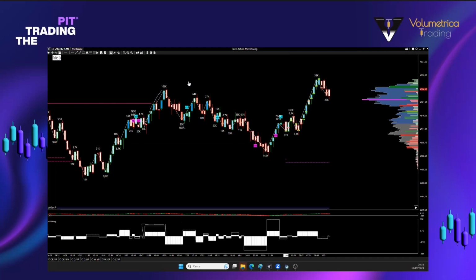As you can see, the rectangle perfectly matches the beginning and the end of the swing. The height of the rectangle shows how much volume we had trading, and the fill inside the rectangle